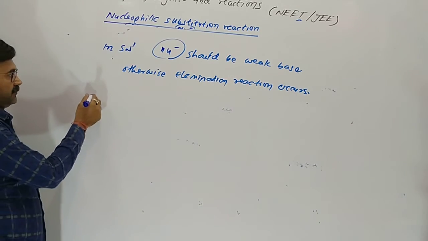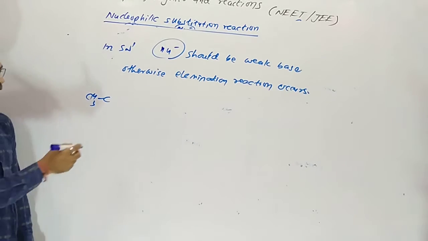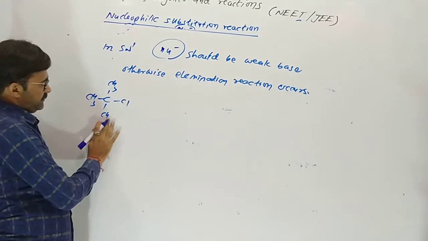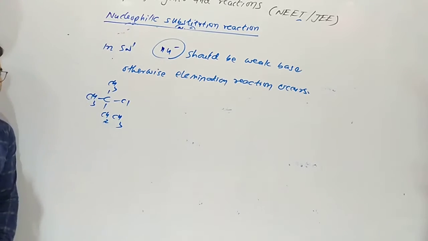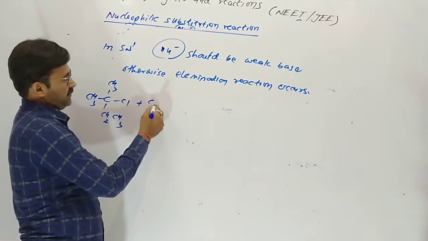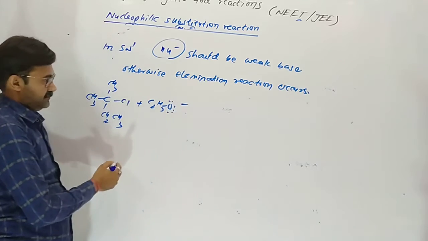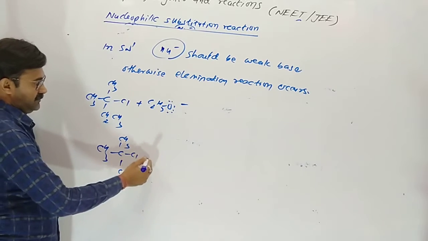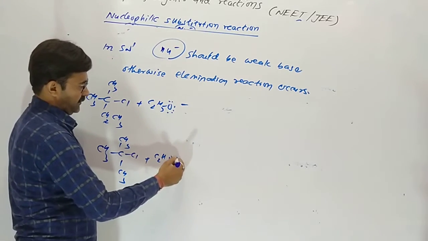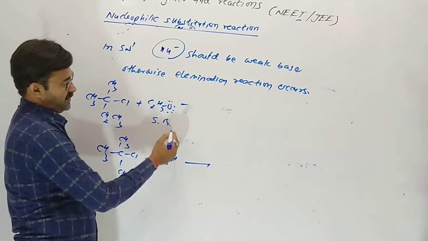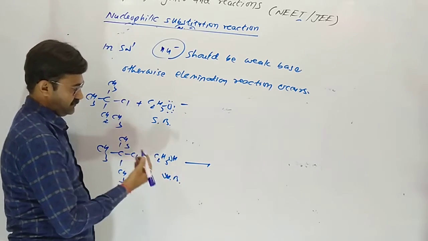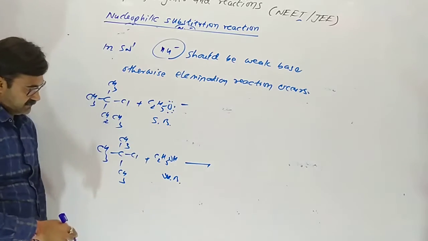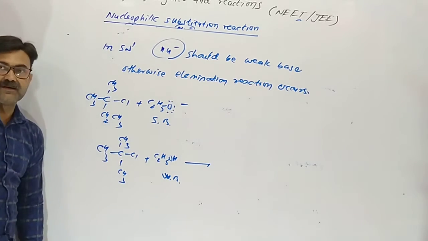As I am giving you an example, suppose CH3-C(CH3)(CH3)-Cl is given. The same example, 2-chloro-2-methylbutane, is taken, reacting with ethoxide, and tertiary butyl chloride is reacting with ethanol. This is a strong base, this is a weak base. So this one is proper for the reaction path.